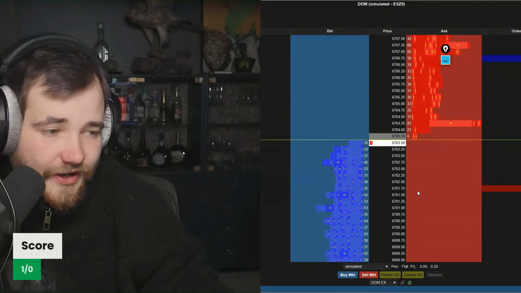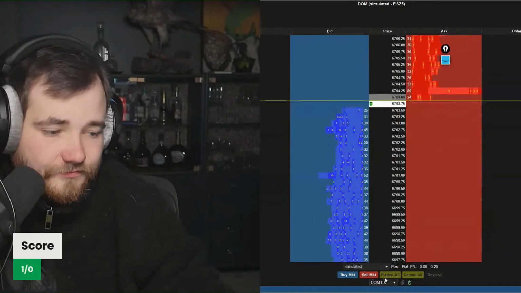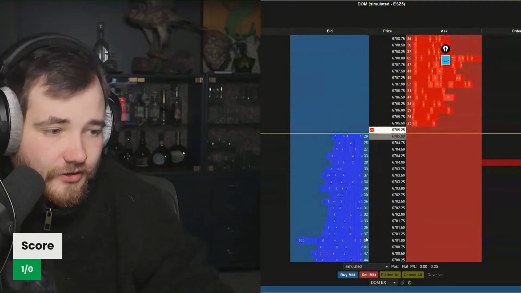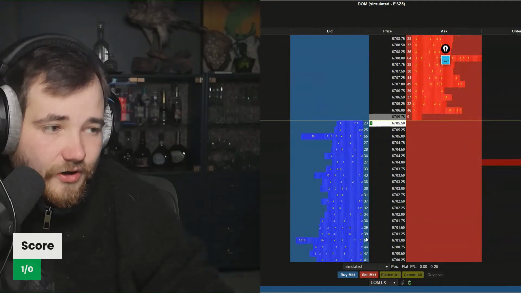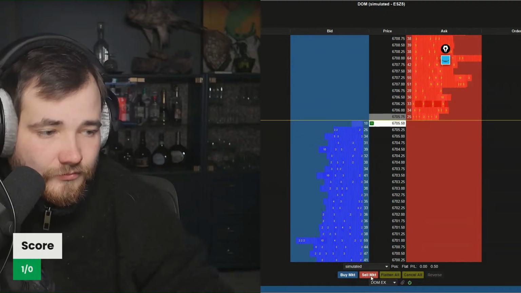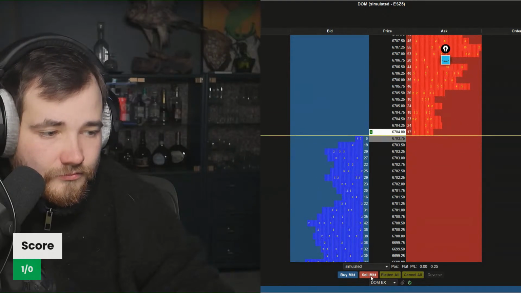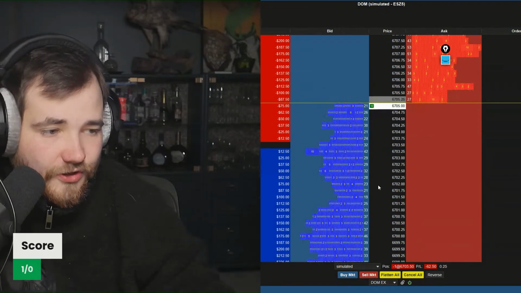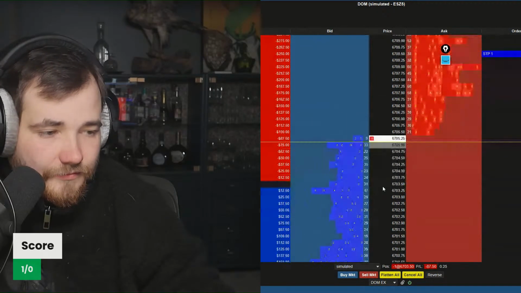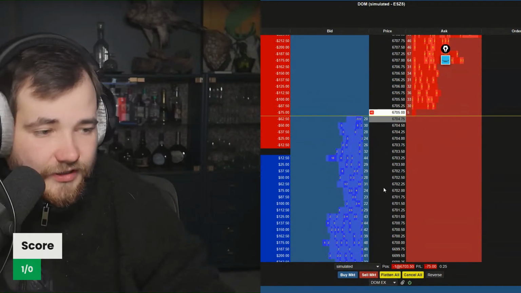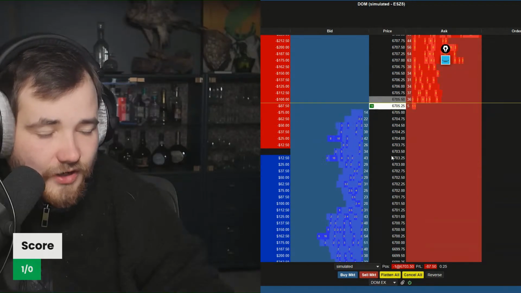Now I would look for a short trade on this exercise. Obviously, I'm not looking at any candlesticks at all. I'm just focusing on what's going on in the bid and ask. But buyers pushed back. Gonna go short here. Let's see if it works. Felt like the buyers gave up a little bit there, but I might be wrong.